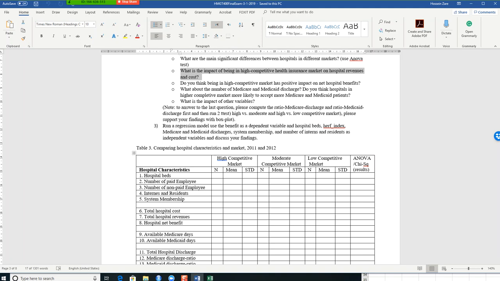For sure. Probably in the highly competitive market you expect to see higher revenue than cost. Probably, I'm not sure. But look at the means. If this is significant, then look at the means. If it is not significant, you can say there is no difference. If it is significant, then look at the means, and the higher